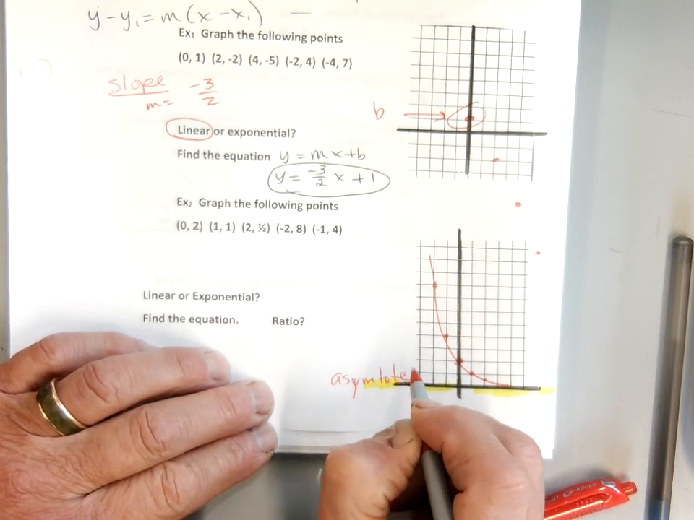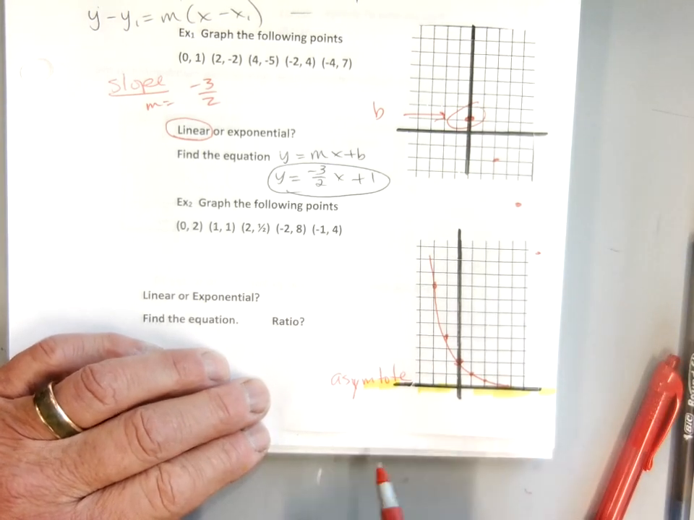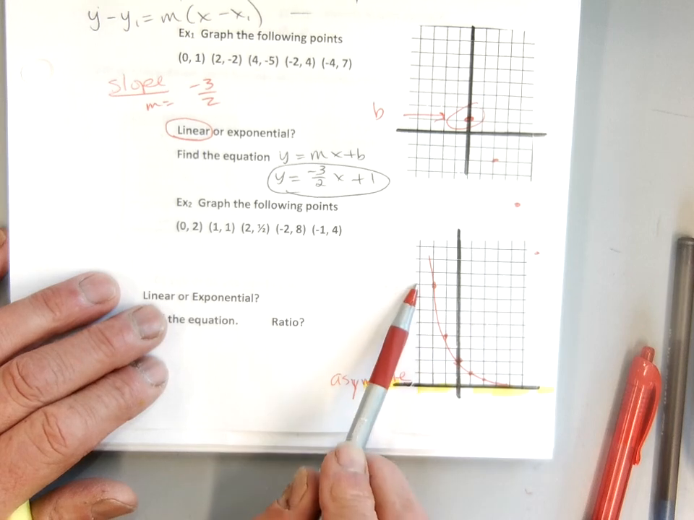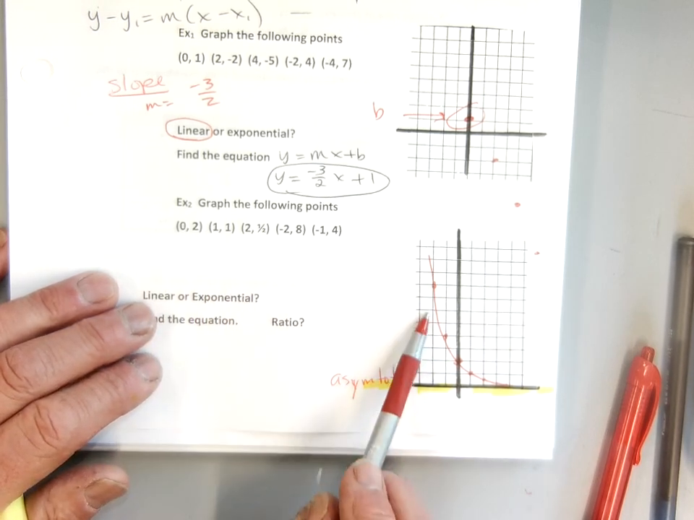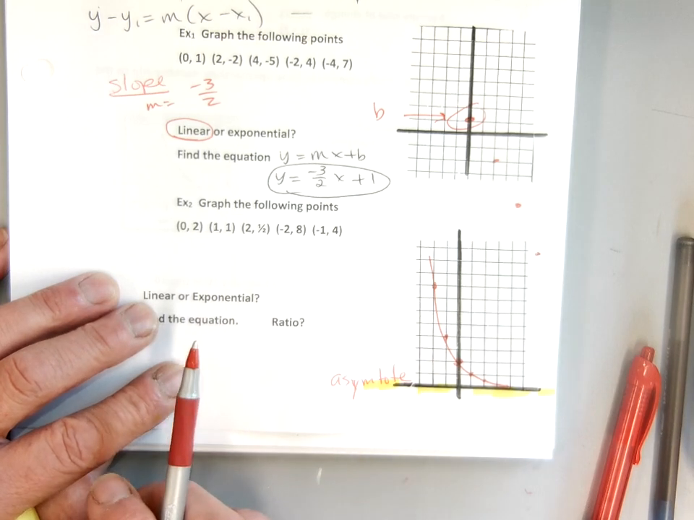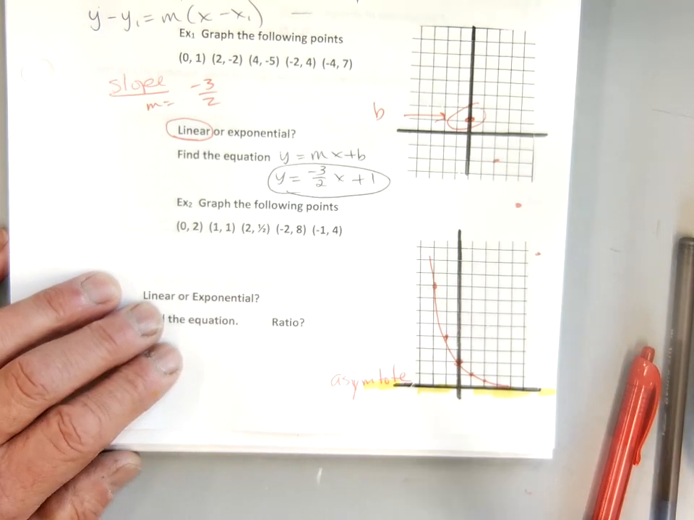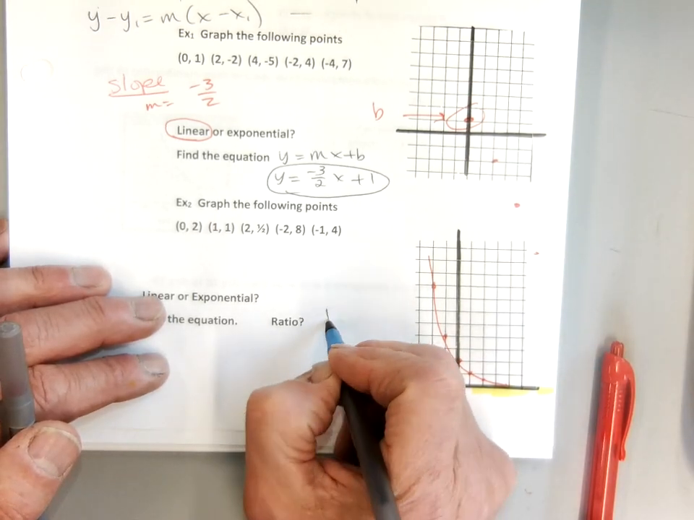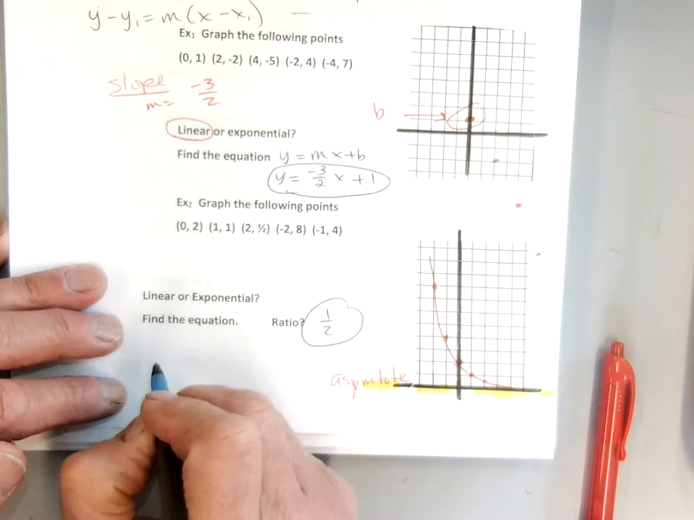Funny word, huh? So the ratio, what's going on? What's going on from point to point to point? What's the ratio? What's happening? Do you guys see what's happening from here to here to here to here to here to here? What's the ratio? Tava, what's the ratio? 1/2. Yeah, so the ratio is 1/2. So the equation